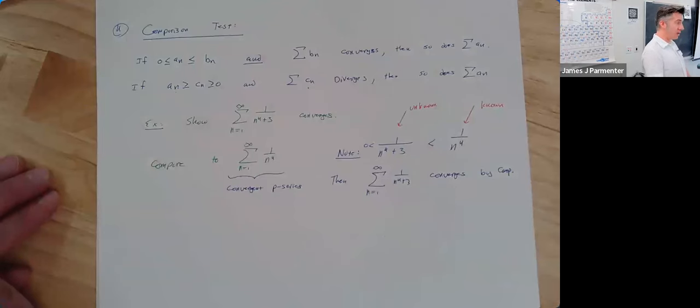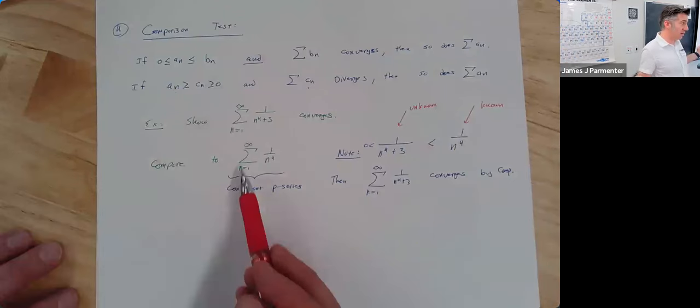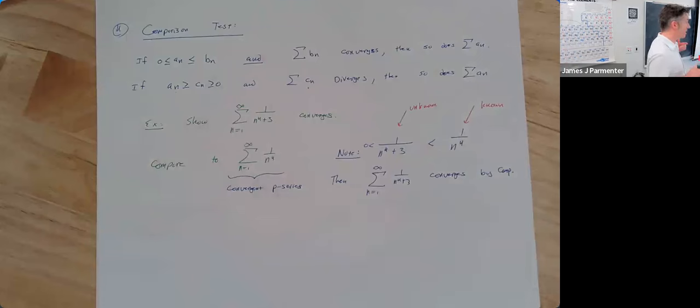Well, I would say it's a known series. So this series, we know it's convergent because it's a p series. It's a p series where p is bigger than or equal to 1. On the other hand,